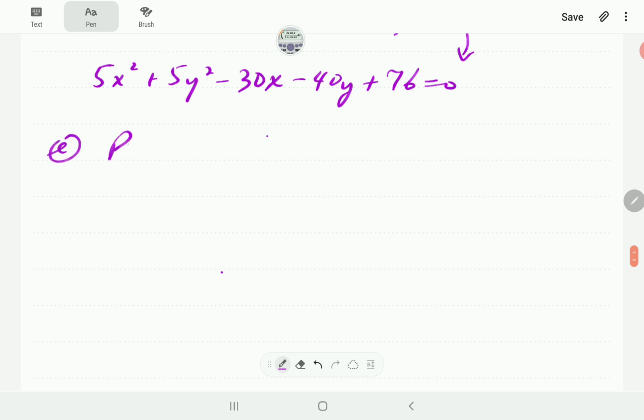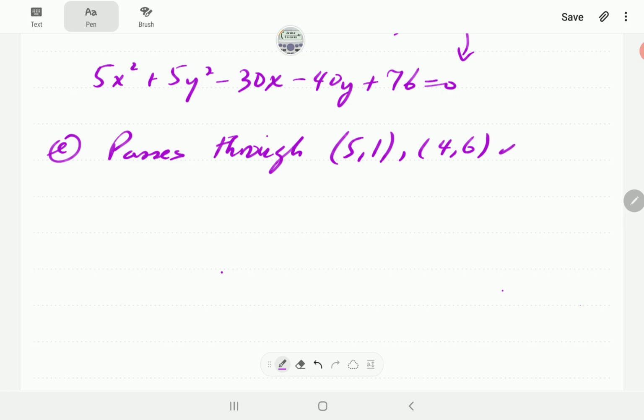So in E, we've got a circle that passes through 5, 1, 4, 6, and 2, -2. What we're going to do here is we're going to use the general form of the equation